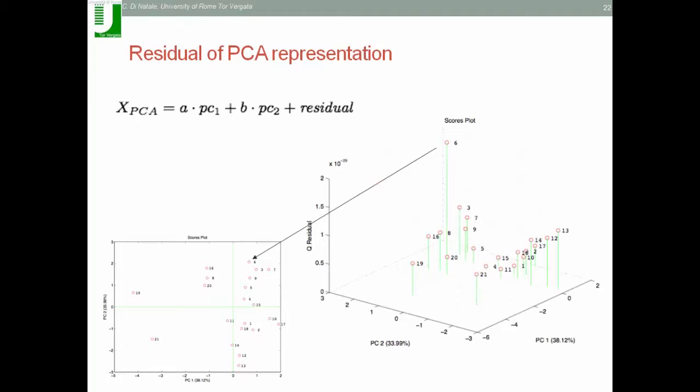And we can represent this with the residual, measuring the difference between the original matrix and the matrix limited to the first principal components. And this is the plot of the product of the score and the loading. So we can actually measure for each point the residual, namely the difference between the original data with all the variables, all the information, and the part of the information that is represented in the first two principal